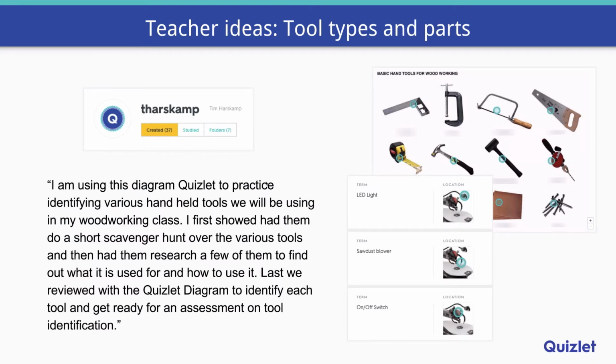Another idea from Tim is, "I'm using the diagram Quizlet to practice and identify various handheld tools we'll be using in my woodworking class." It's interesting because he has this setup where you're seeing all these tools together. There's another diagram set of his which is focusing on certain areas of a certain type of saw. So understanding a tool, understanding what the different pieces of the tool are, how to use them. There's a lot of cool ways to use diagrams for real life